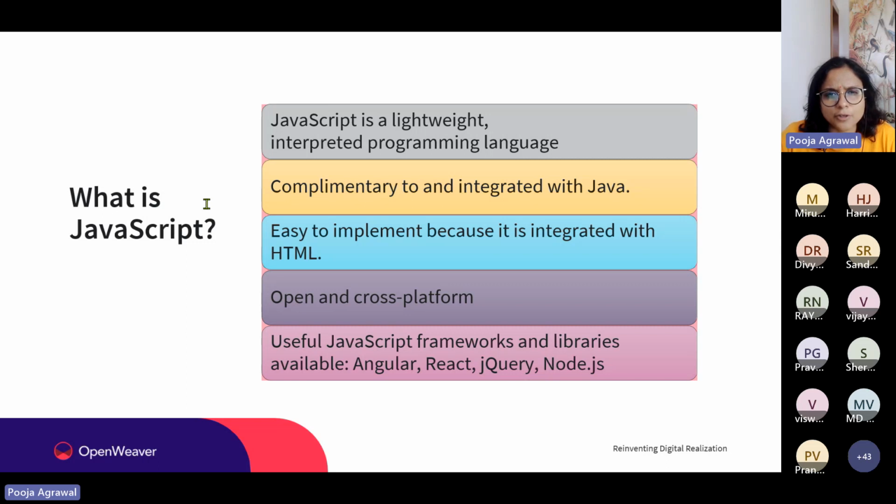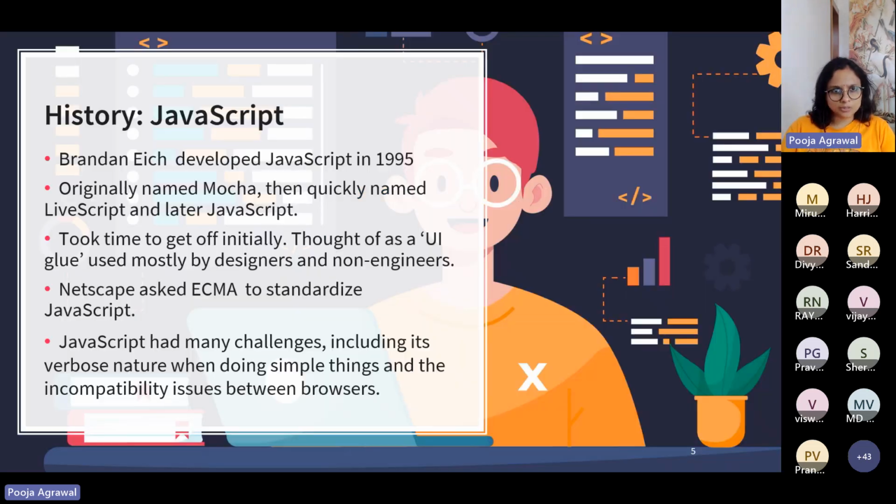And if we talk about the release of this language called JavaScript, there has been a lot of ups and downs. So we want to talk about the ups and downs as well, which JavaScript as a language has faced. So first of all, Angular, React, jQuery, Node.js, these are some libraries and tools around JavaScript that are primarily used. But if we go into the history of this language as a whole, it all started back in 1995. So in September 1995, or let's say early to mid 1990s, it was a very important time for the internet.